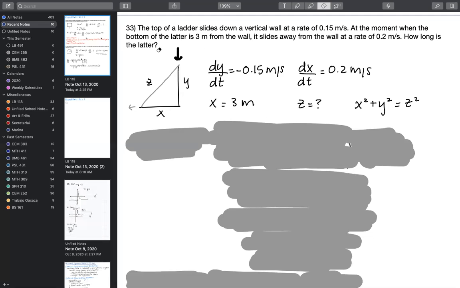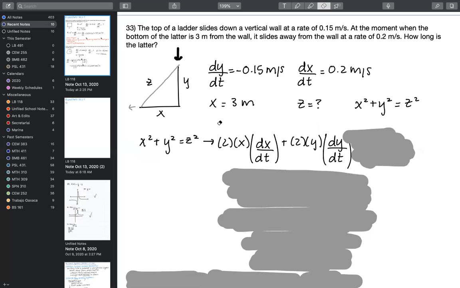And so we've got all of our puzzle pieces here. We've got our end goal. We've got our diagram, which is probably the most important part of this problem that we do today. The diagram is the most important for this problem in particular, because the direction at which the ladder is moving changes the values of these derivatives. And so now that we've got all our puzzle pieces, we can go ahead and differentiate Pythagorean's theorem. So we get